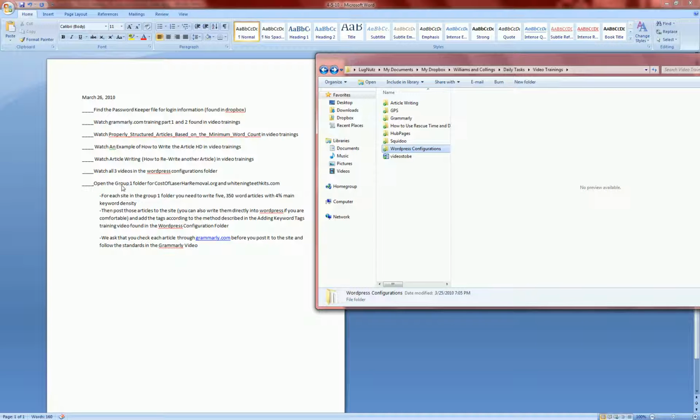So you can see here, open the group 1 folder for costoflaserhairremoval.org and whiteningteethkits.com. You'll find those under website batch 1 and then under group 1. So again, group 1 is where you'll find those 2. So there it is, Cost of Laser Hair Removal and whiteningteethkits.com. So that's where you'll find some documents within here that will help you in knowing what words to place inside of the article. So you can see here that you'll be writing for each site in this group 1 folder,